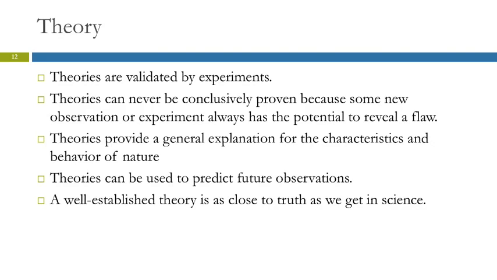So when we have a theory, you could prove it wrong by experiment, but you can't prove it correct. We can only say, well, to date, we have nothing that disagrees with this theory, and so we're going to accept it as true for the time being. Theories are as close to truth as we can get in science. In everyday life, we'll say, oh, well, that's just a theory, meaning, oh, you just got some crazy idea about how stuff works. In science, it's not just a theory. A theory is a very significant thing.